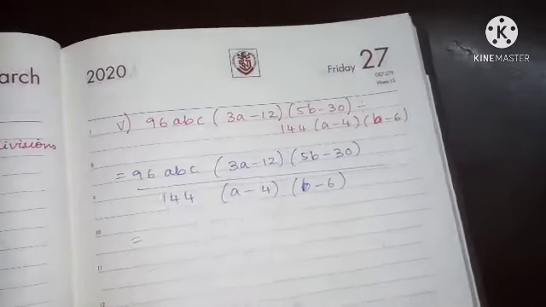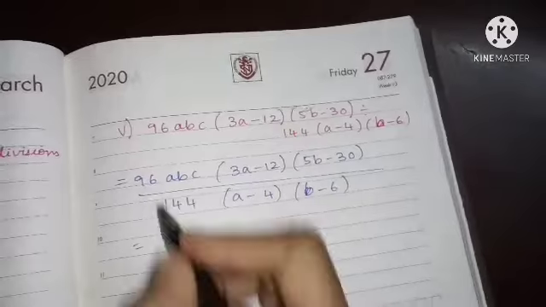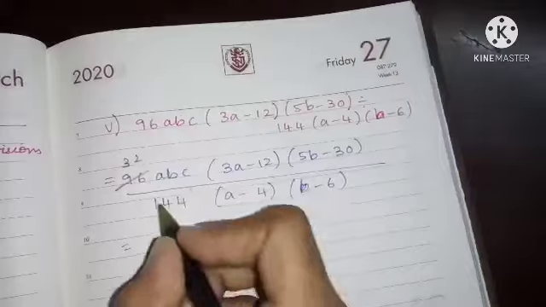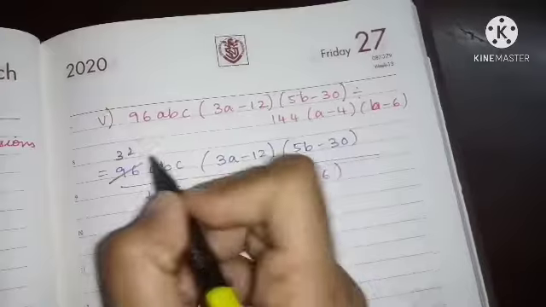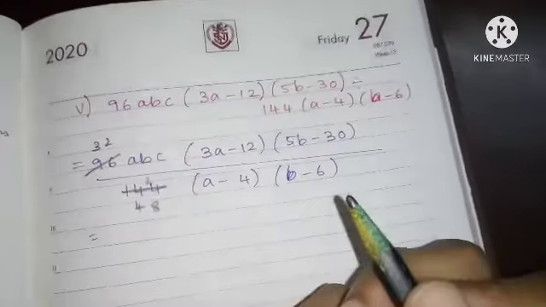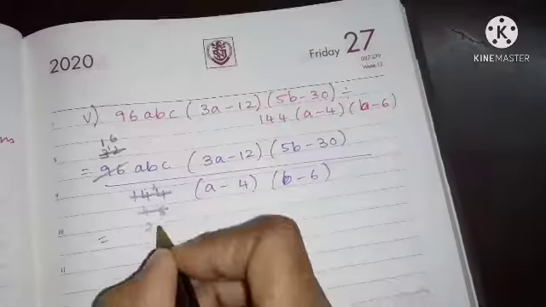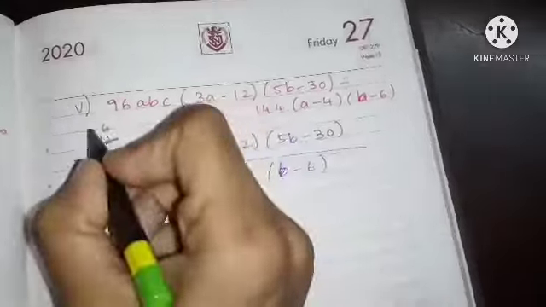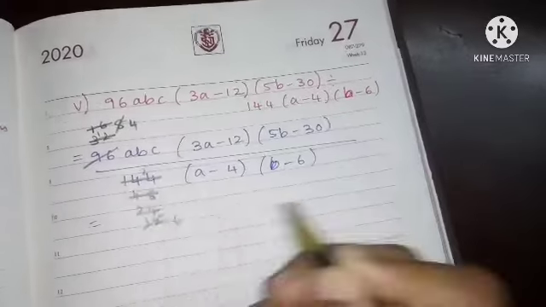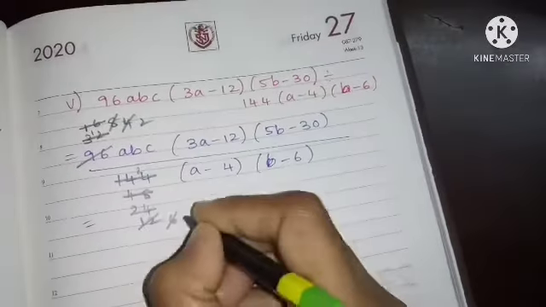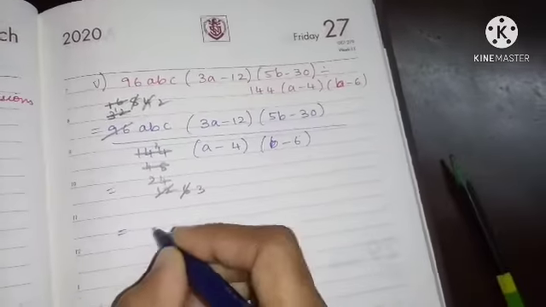See, can we cancel this in the third table? We can cancel these two in the third table, children. 96 and 144. 3 threes are 9, 3 twos are 6. Then 4 threes are 12. Then again it is 32, here 48. So you can do it in the two table. 2 ones are 2, 2 twos are 4, 2 fours are 8. Again 8 times, 12 times, 4 times, 6 times, 2 times, 3 times. Okay. So what you are getting?